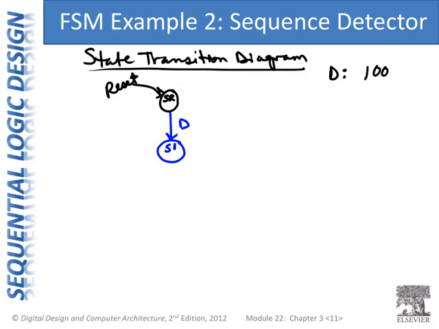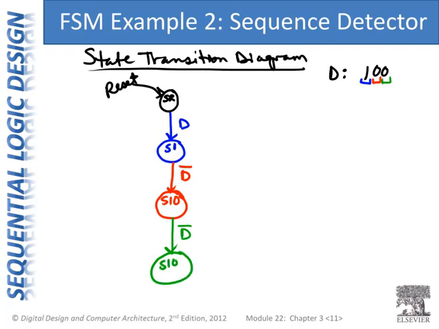Then we'll go to, let's call that the S1 state. If you're in the S1 state, it means we found the first bit of our desired sequence. Then the next thing we're looking for is a 0. So if D is low, in other words D bar, then we'll go to, let's call this the S10 state. If you're in the S10 state, we found the first part of the sequence, the 1 followed by the 0. Then the next bit we're looking for is another 0. So we'll make the transition out of that state on D bar. Again, I could also have written that as D equals 0. And we'll go into, let's name it the